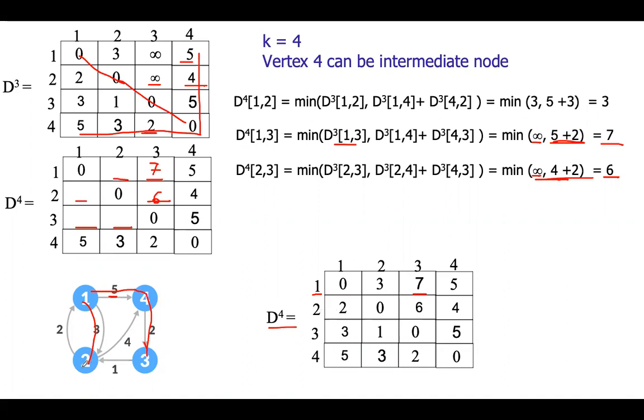Next from 2 you check. From 2 I want to go to vertex 1. The shortest distance is 2. I want to go to vertex 3. From 2 we'll go to 4 and from there to 3. That is cost 6. You can go by other paths to 3 also, but the cost will be more. So this is the shortest distance. Next 2 to 4 is distance 4. If you verify all the values, whatever you have got will be the shortest distance from one vertex to another.